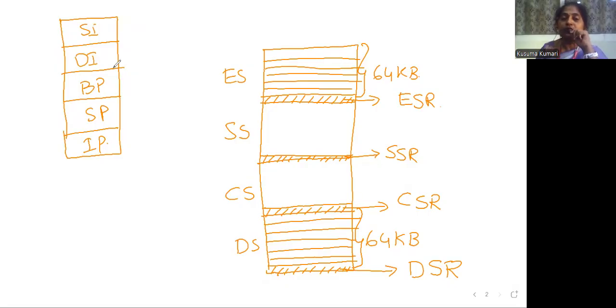Okay, so now what is the purpose of these index registers? These two are the index registers, and these three are the pointer registers. Particularly, these index registers are used for string operations, and when we are operating string operations, the source index register can be a 16-bit register,